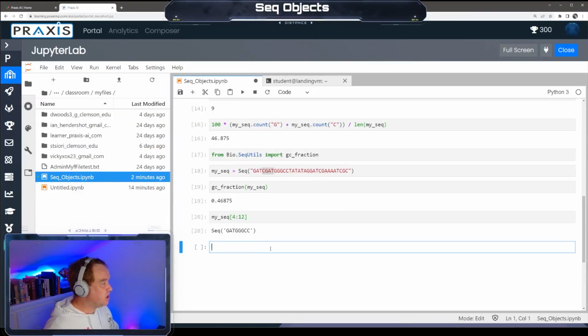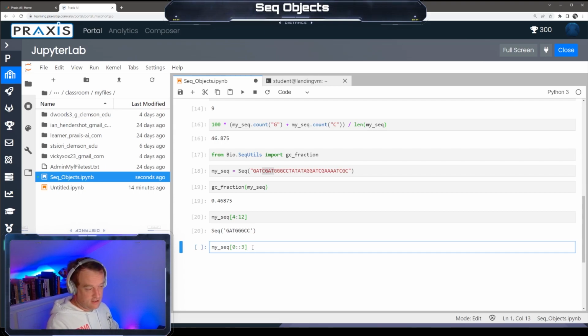We can do slices with a start, a stop, and a stride, it's called. So for example, let's do my_seq from 0. So we're going to start at 0, the very first base pair, and then we're going to say cut out every third